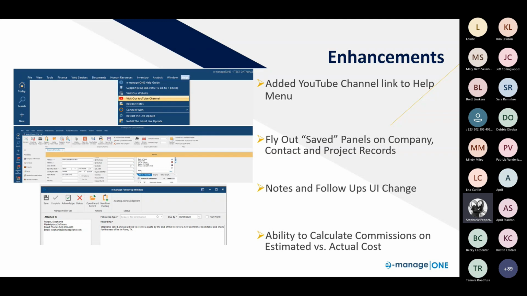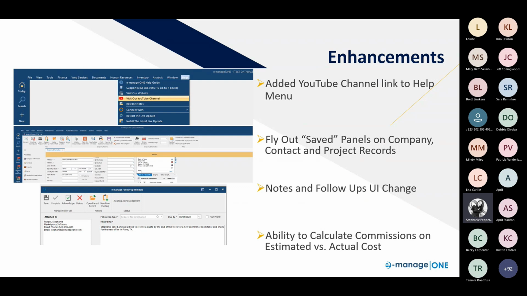Some cool things here. I'm really excited about these fly out saved panels. One of the biggest pieces of feedback I get from going out and training new employees is, did I save it? There's no pop-up in the project record, the project information record, your contact records, or your company records. As soon as you click that save button, we're now going to have a fly out saved panel